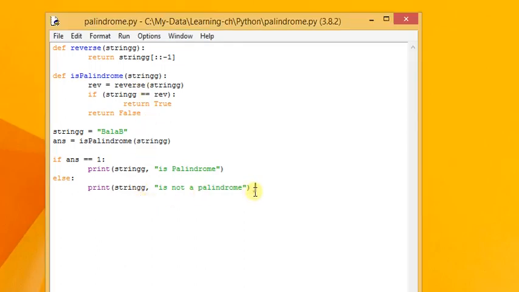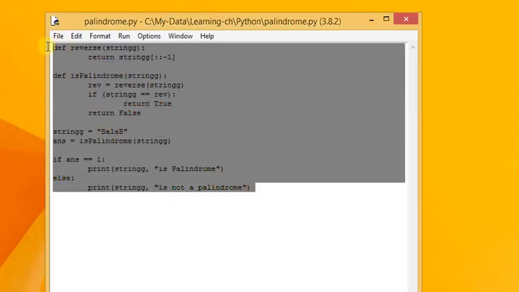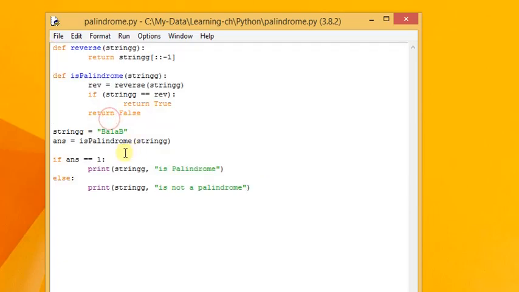So how do we validate whether a given string is a palindrome or not using Python? Here is the code. I am taking a variable which stores the string bulb, B-A-L-A-B. Here I am calling a function isPalindrome, the function is here, and passing bulb as a parameter. The control goes here, and